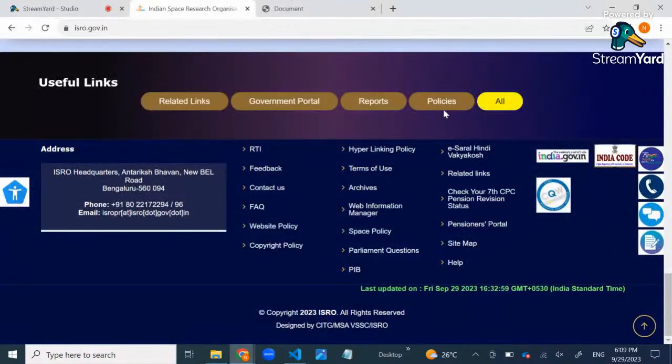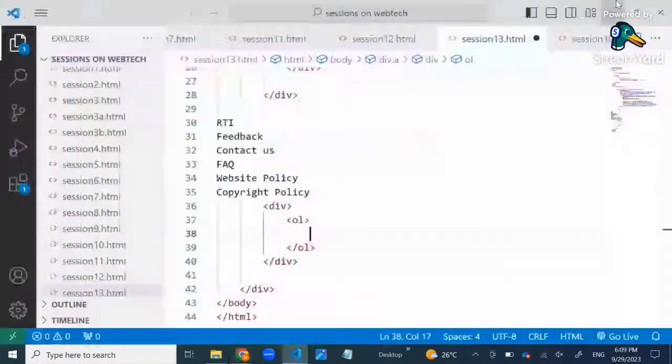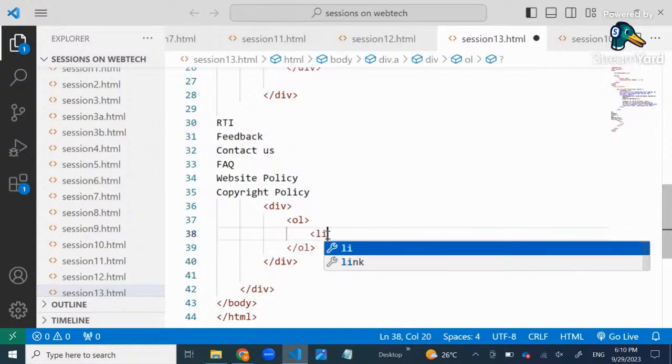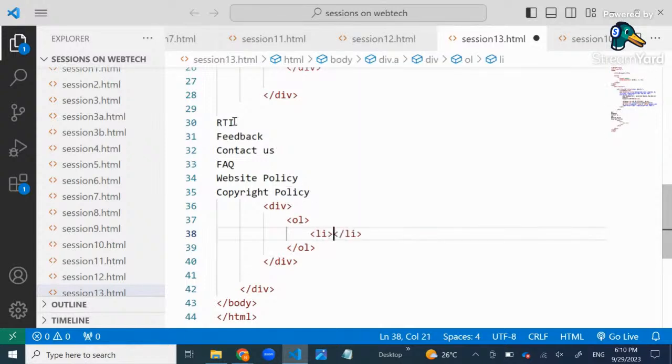This element with this arrow mark. So what I will do, I'll come here, arrow mark. Okay, so that is a right angular bracket, and I will copy paste this. After deciding what kind of list you want, you need to say li. Okay, so the first element is li,